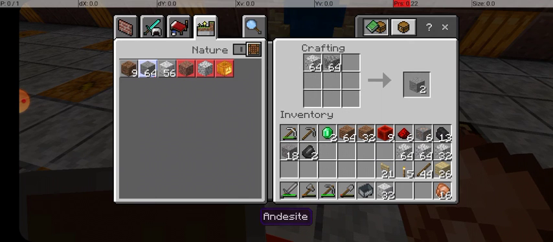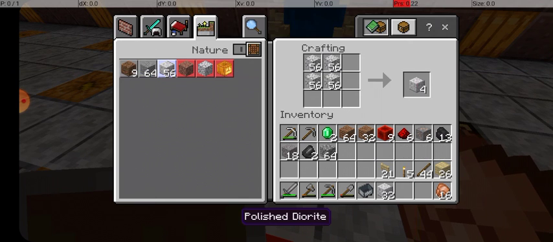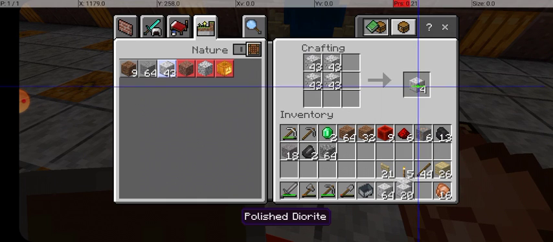What is that? Cobblestone and diorite makes andesite. No, thank you. You may be wondering why I'm going ahead and turning all of this into polished